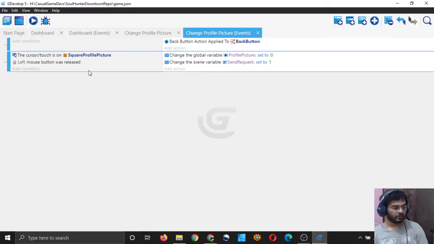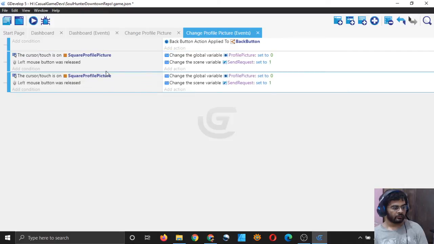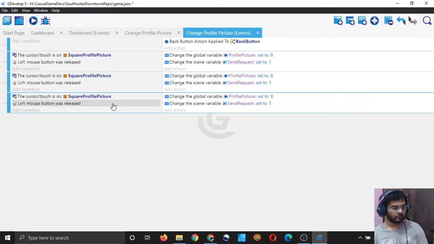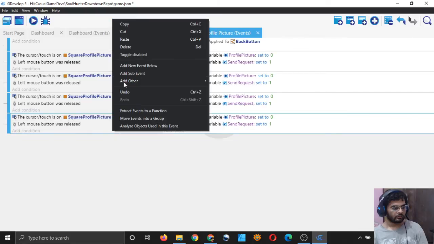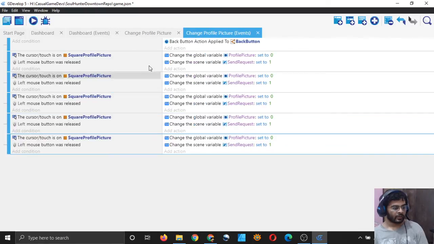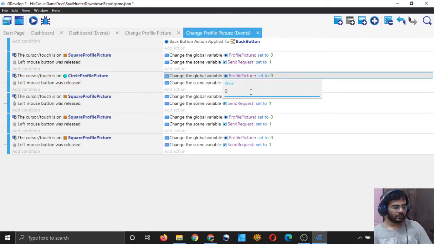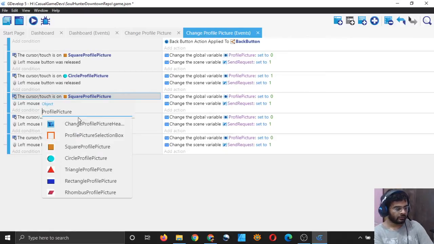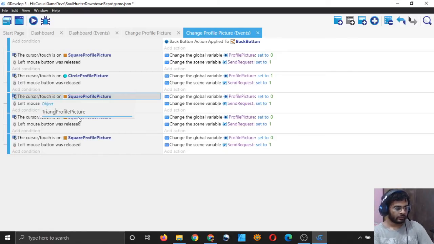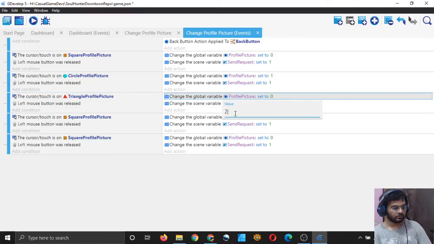So now I will simply copy this and paste it 4 times, 1 2 3 4, and I will simply change square profile picture to circle profile picture selected, and in circle you will set the profile picture global variable to 1, and in the third one I will change it to triangle and select the triangle, and set the profile picture variable value to 2, right?